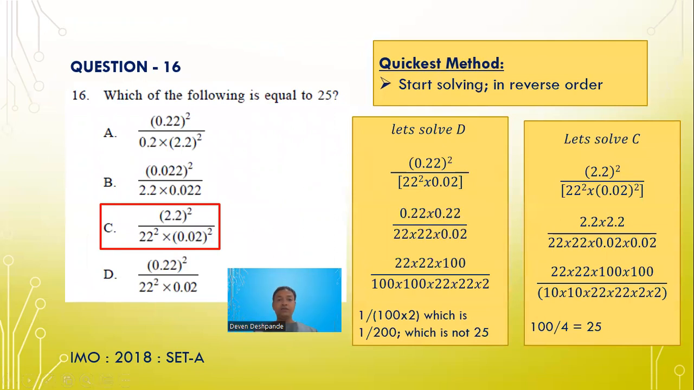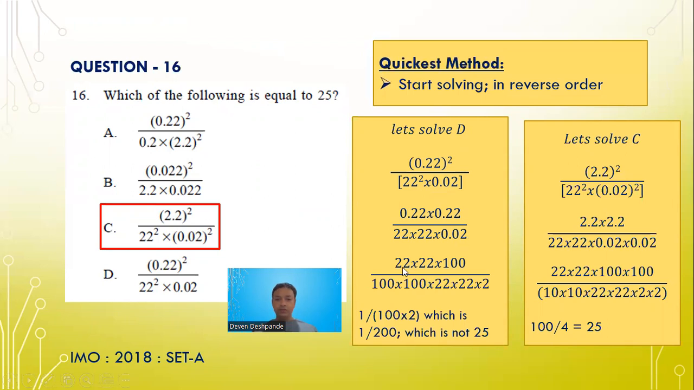Which of the following is equal to 25? And here again, in the usual cases, you start solving in the reverse order. So first solve D, 0.22 square upon 22 square into 0.022. What is 0.22 square? 0.22 into 0.22. What is 22 square? 22 into 22 into